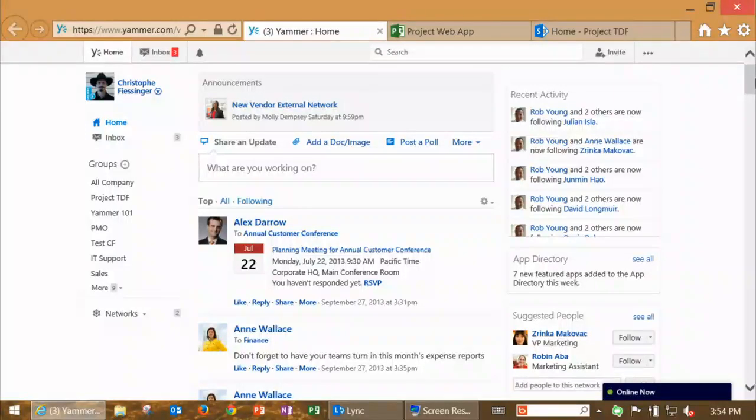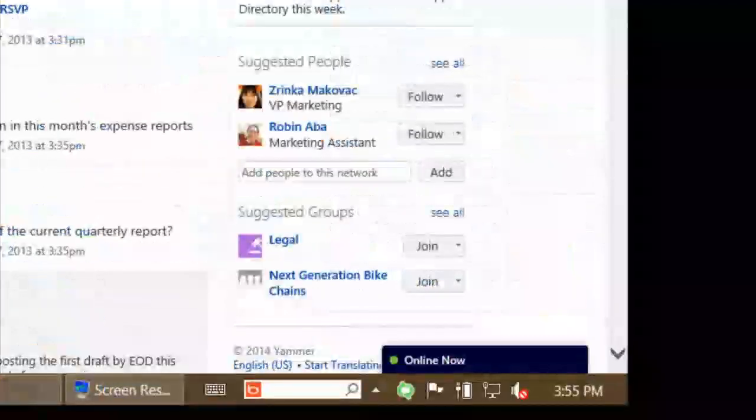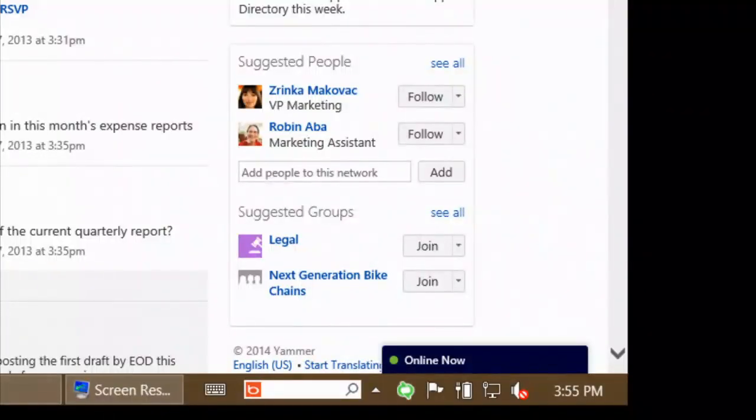Here we didn't connect it, but you can see activities, not only within this network, but potentially, again, if I had hooked it up to, let's say, Microsoft Dynamics CRM, I would see activities for my sales organizations if I'm following specific deals. On the right-hand side, going a little lower, you can see that, again, the system is learning what I'm doing on a regular basis. And based on my connections, who I'm following and who I participate with, it starts suggesting people.